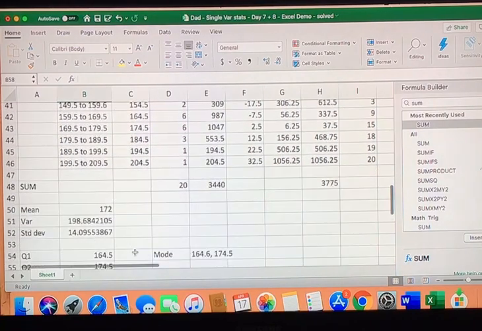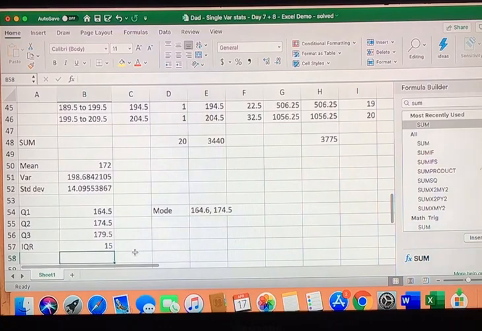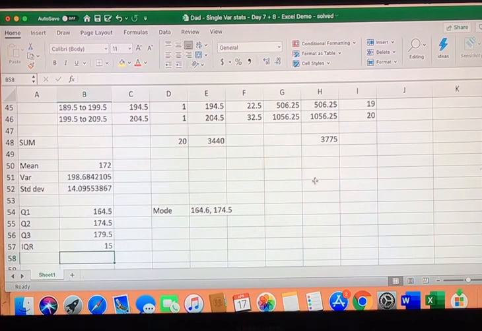So this is exactly how to do the front part of your assignment that you have for your end unit evaluation. So you can maybe use this for the front page of that work too if you want to figure that out. Anyway, I'm going to save this file for you guys so you have an example about how to do all of it. I'll space out the graphs for you so you can have a look at them. You can have a look at all the formulas that I use for all these stats and have a look at the videos. Okay, that's a long time to watch the videos, I know,